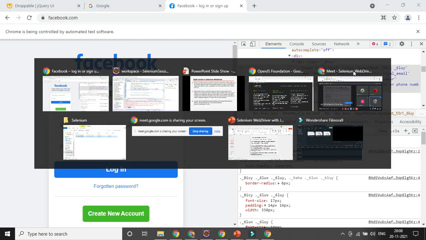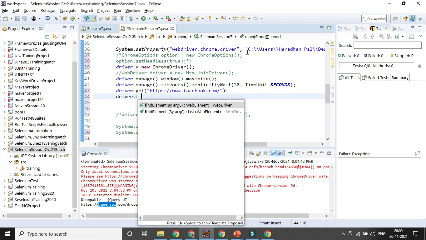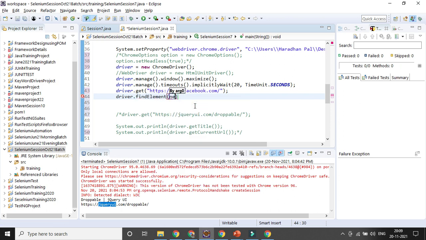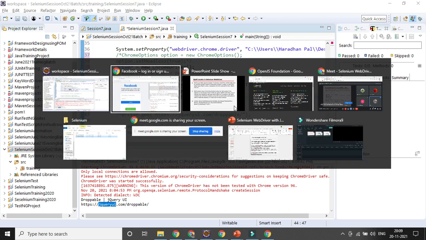It will be driver dot findElement only, and here it will be new ByAll. Then you can give all the references one by one. By dot name, whatever name you want to give. So what is the name here?